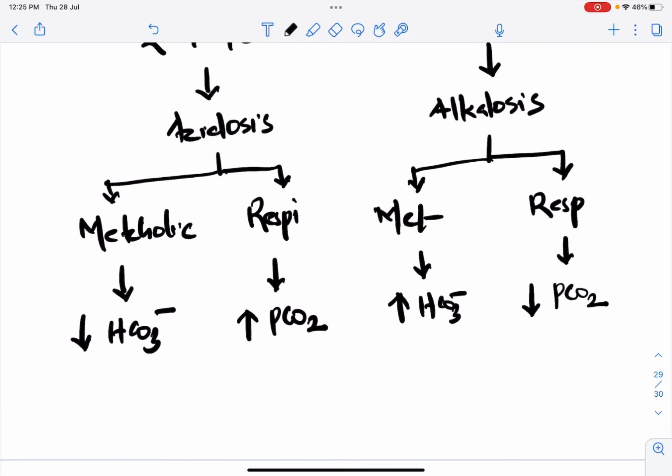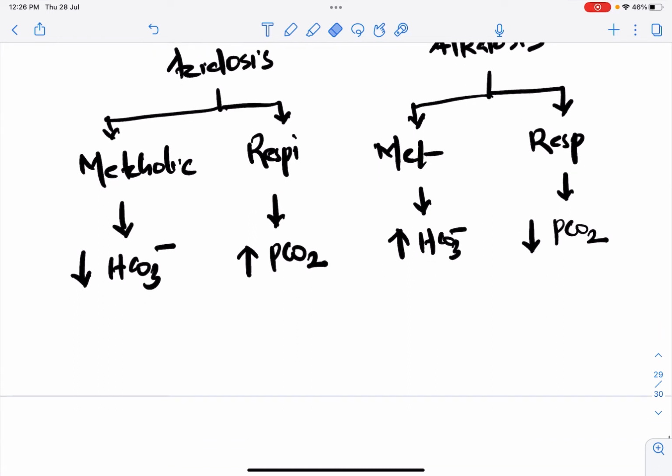We know that bicarbonate is the alkaline component. So whenever it decreases, it can cause acidosis. Whenever the alkaline bicarbonate increases, it will cause metabolic alkalosis. Similarly, PCO2 is an acidic component. Whenever it increases, it causes acidosis. Whenever the PCO2 decreases, it causes alkalosis. So let us discuss one by one, starting with